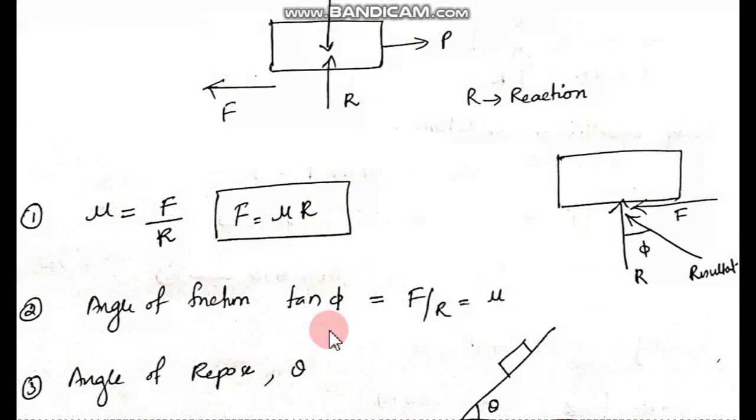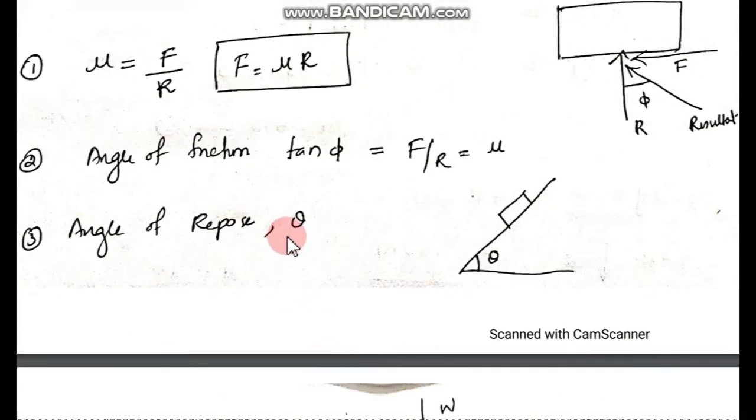Okay. Now next one is the angle of repose, which is represented as theta. Make sure you use the same notation, that is theta, not as in the notes. So theta means when the body is kept over an inclined surface, at some angle this body may roll down or it may come down. That particular angle at which the sleep of this body is disturbed, repose is related to the word sleep. Sleep which is being disturbed is called repose. So if this body is disturbed and it comes down, that particular angle at which it will be disturbed and coming down is the angle of repose, theta.